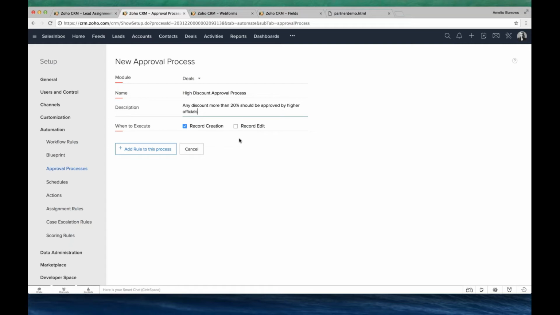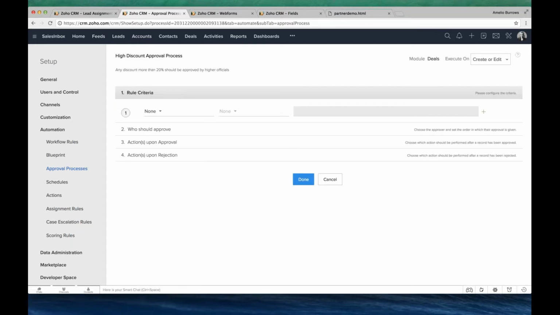And I would like to execute this approval process both on creation and edit of the record. So this is the interesting part. Now on the approval process, you can define the criteria, the filters. So any record which goes through this filter will be subjected to the process.